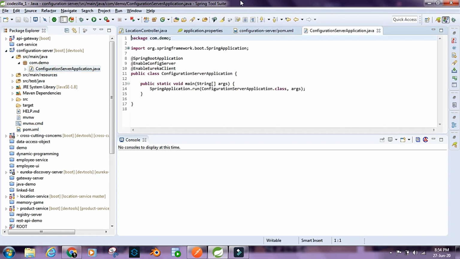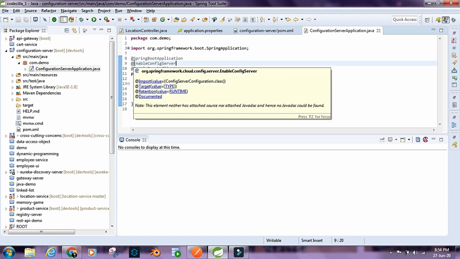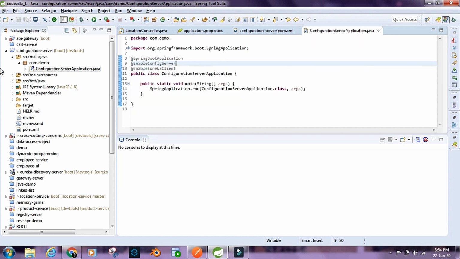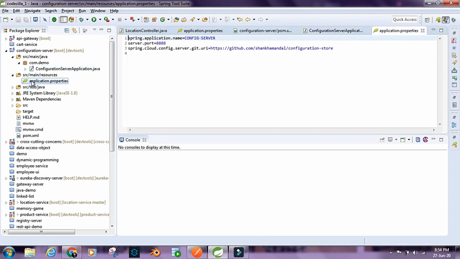and this is basically the entry point for this application, and it has this annotation enable Eureka client, so that would make this application a client to the discovery server, which is essentially the Eureka server, and we have enable config server. So this application is going to act as a configuration server, right? And inside application.properties, we have the name of the application as config server, and we would be running it on port 8888, and we also have this property called